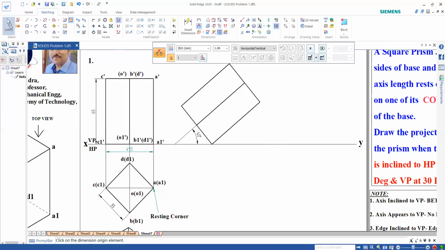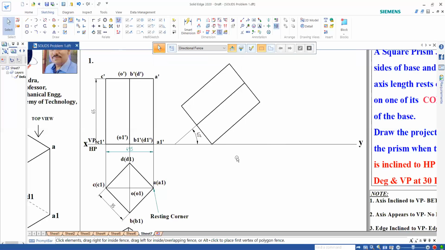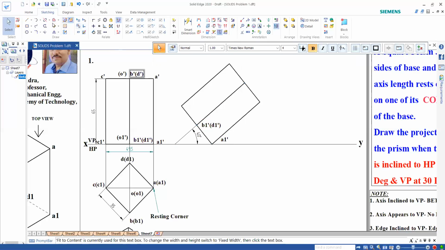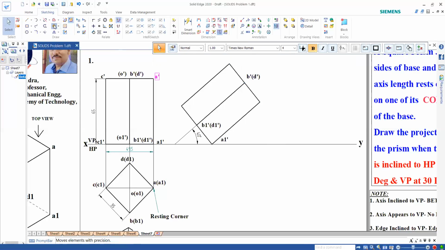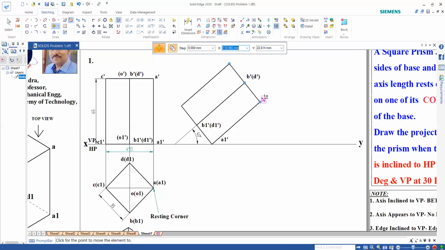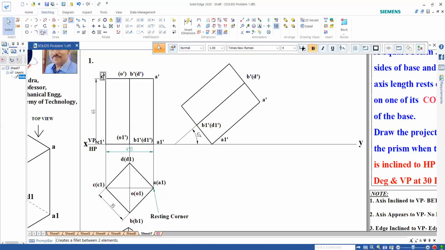Now we need to name this. For naming, you can copy and move with copy. We can start naming this. This is A dash, this is B dash and D dash. You can start copying one by one, or you can name it again if you want.